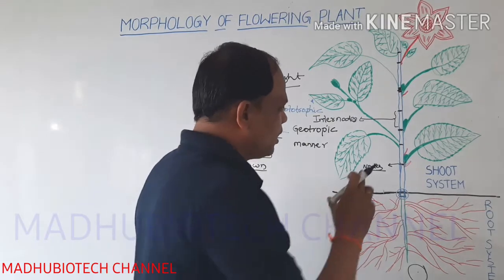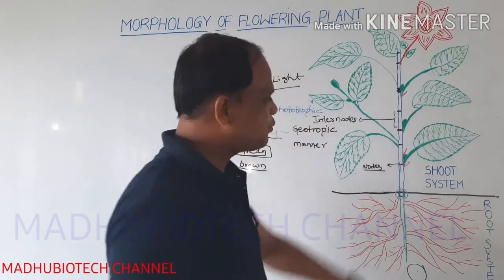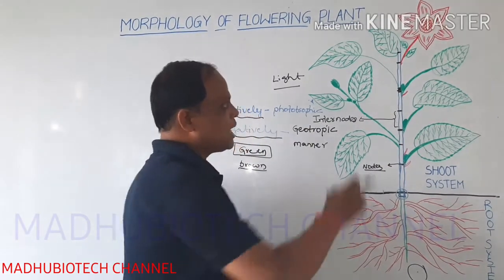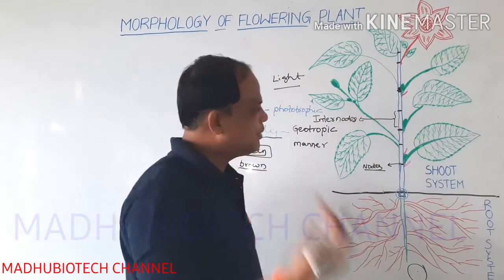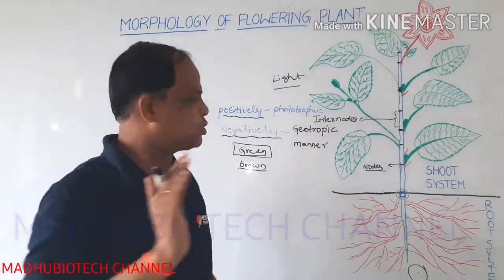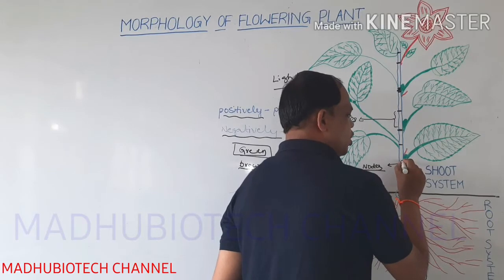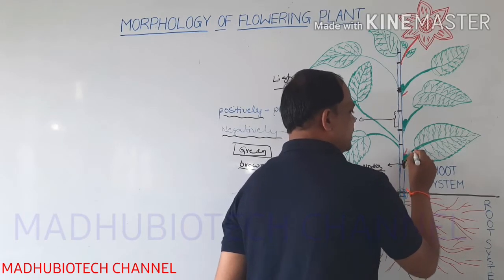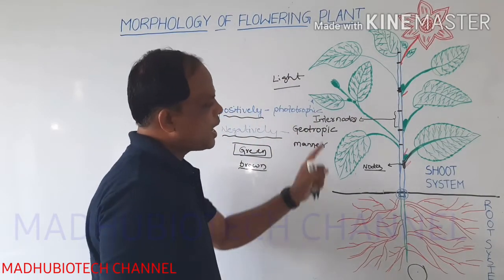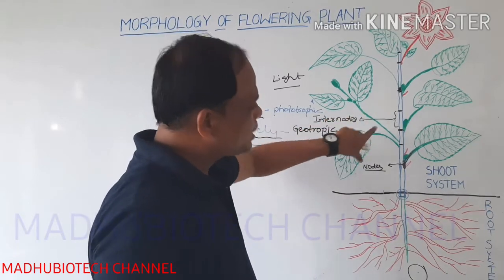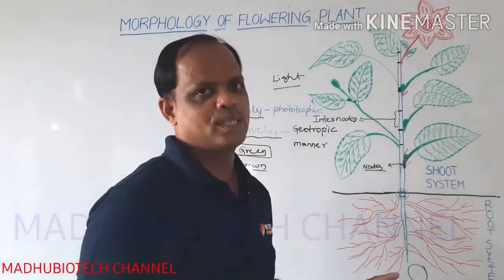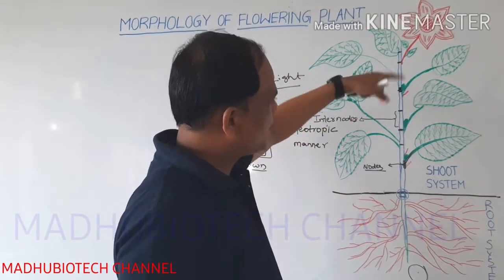And the meristematic tissue, the leaves develop from intercalary meristematic tissue. When the apical tissue divides, the latter part of the apical meristematic tissue forms the node place. This node can develop a leaf. And this is the shoot system. It bears the branches, leaves, flowers and fruits. Okay, and these are the shoot system.